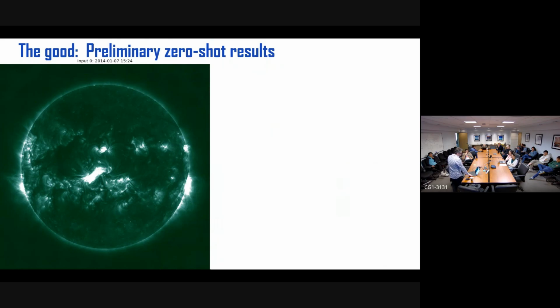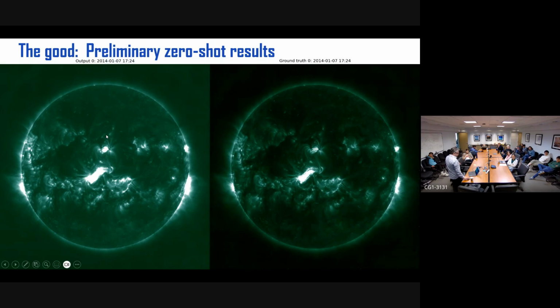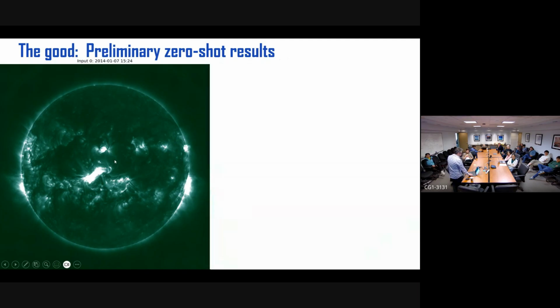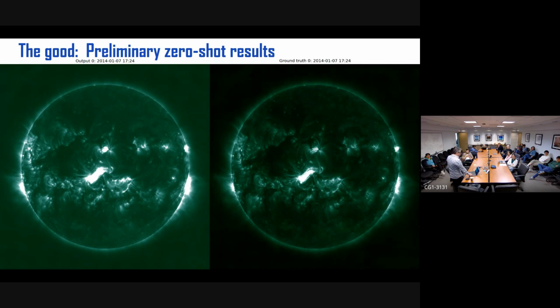So this is the first input. You can see an active region, this active region here. And this is the second input, so there is a little bit of rotation. Now here is the first output, and now this is the ground truth. This is the real observation. So we start here with the second input, then the first output, then we put this feedback in, and we get the second output. And now you get that flare ribbon appearing in the right place in the image, with a morphology.